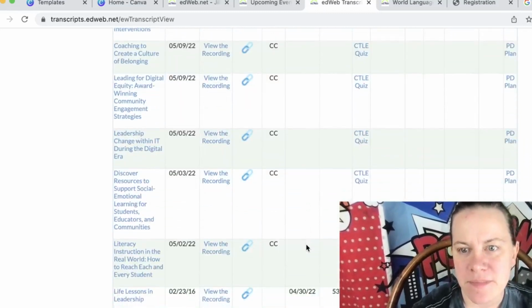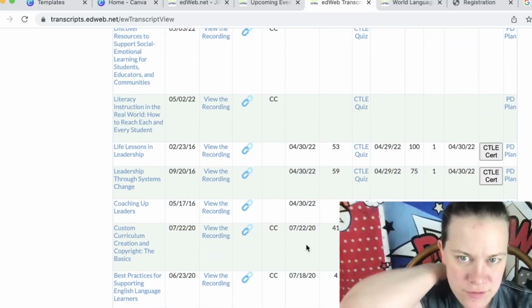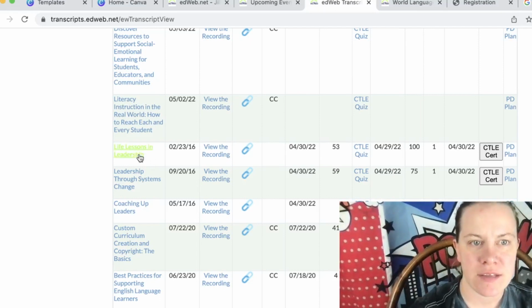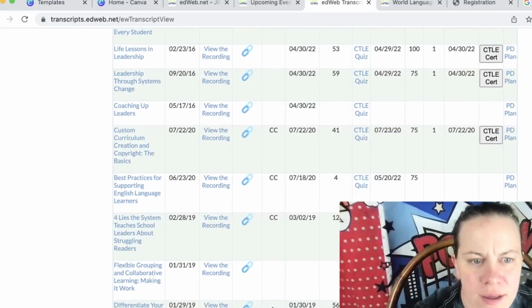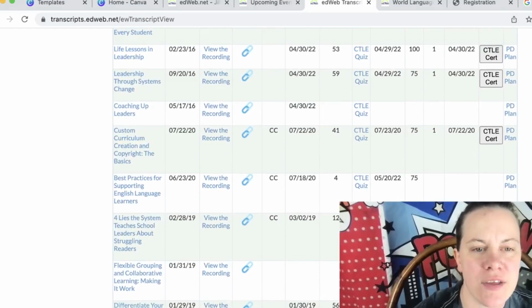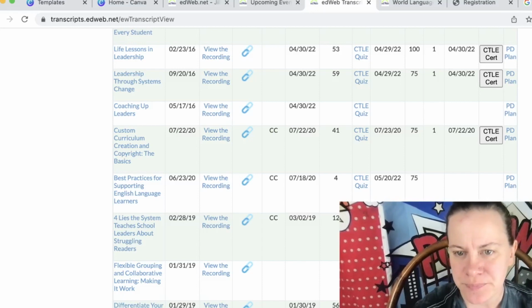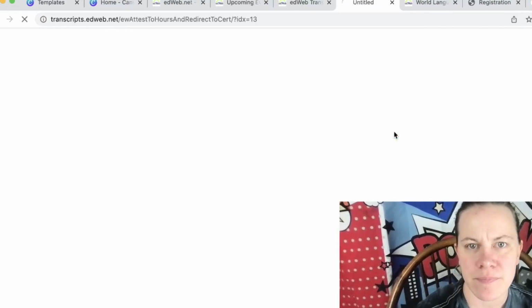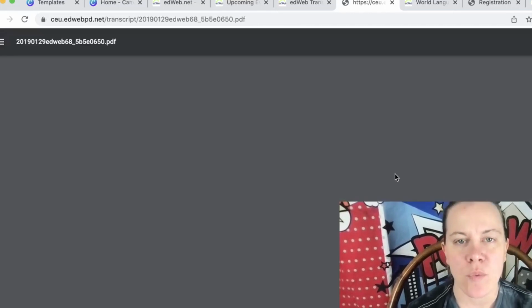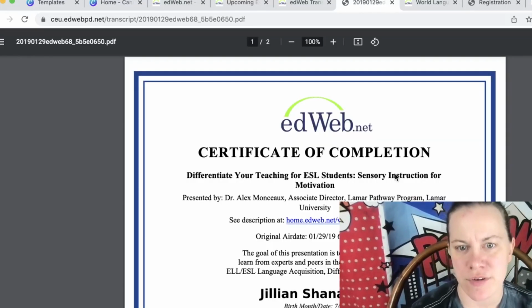So, you see, I've done some more. I haven't done the certificate. Okay, so life lessons in leadership, custom curriculum and copyright, differentiating your teaching for ESL students, sensory instruction for motivation. And then you come in here, and this is what the certificate looks like when you actually get your transcript. You get your certificate.